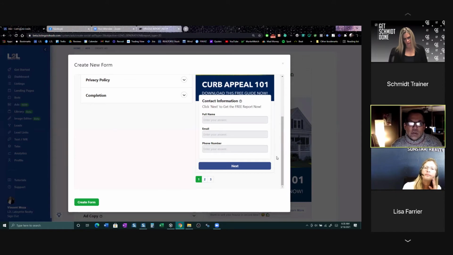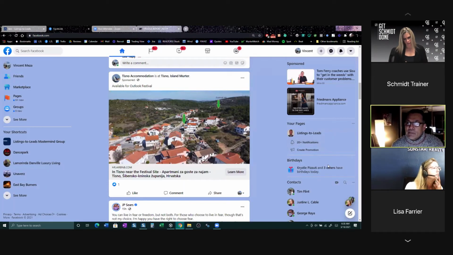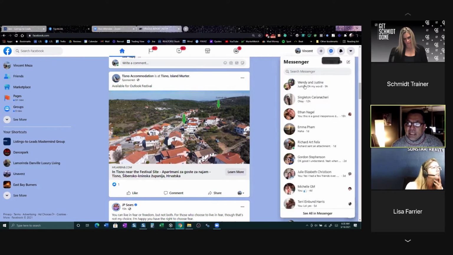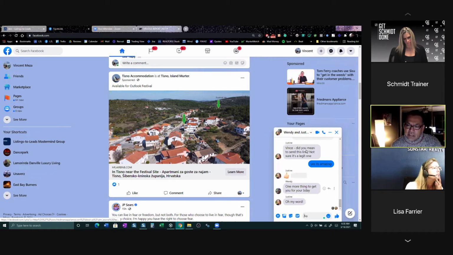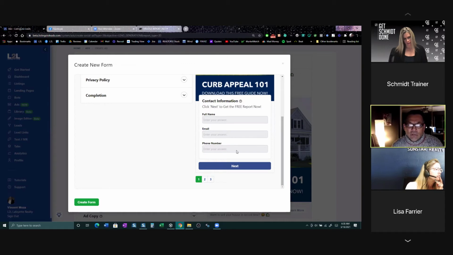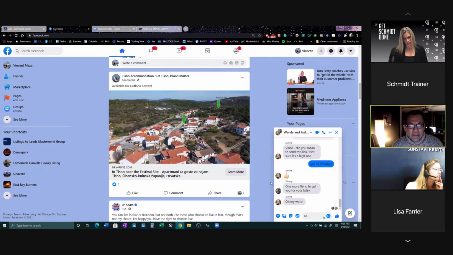This form is created by Facebook. So when they click Learn More on that ad, that little form pops up. You see this little chat panel here where I'm chatting with my friends? That little panel pops up, but it has this form from Facebook already filled out with name, phone number, and email. And this is remarkable because this is allowing agents like you to get more buyer and seller leads